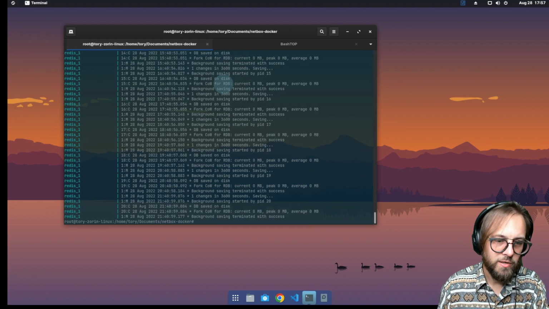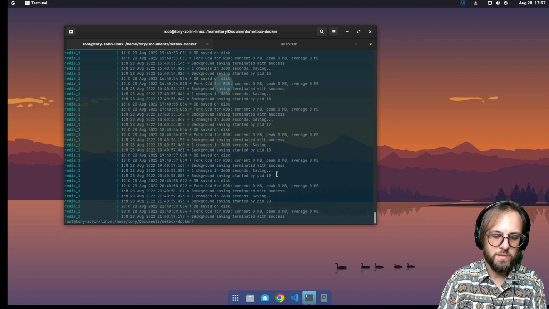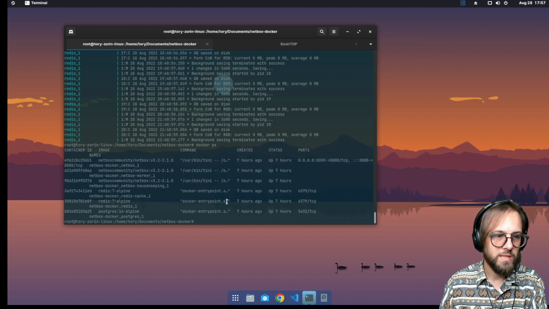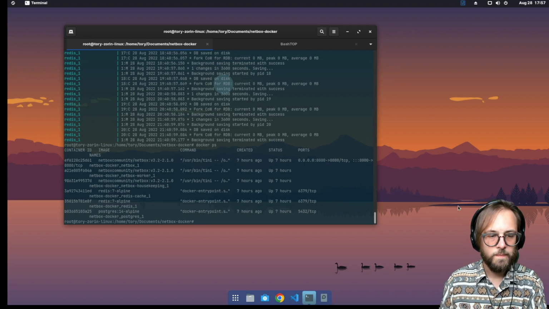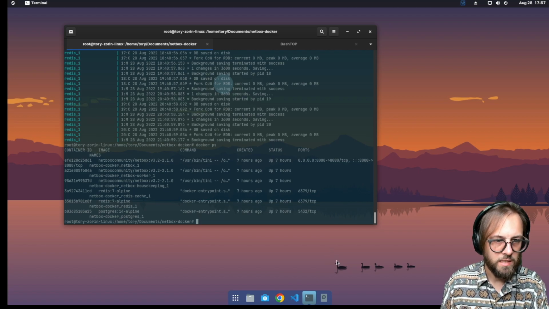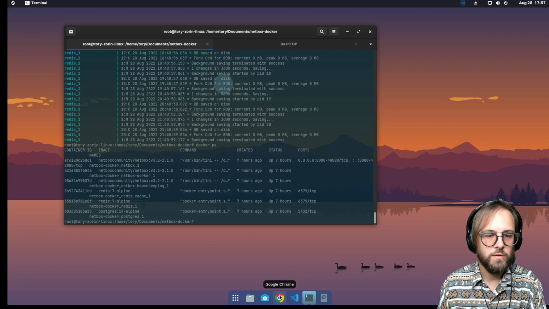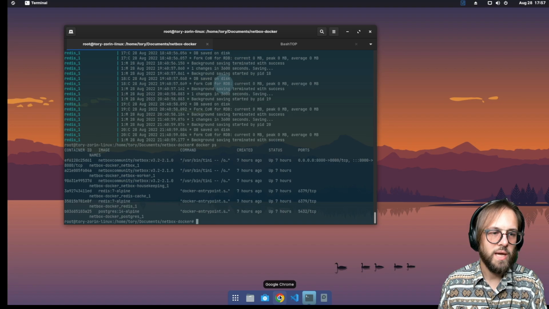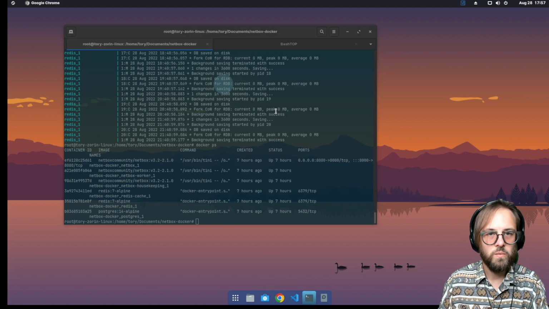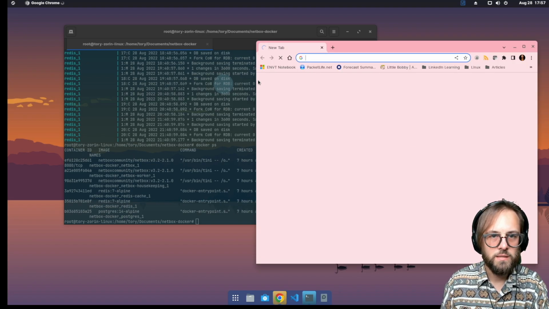We've also got Docker here running. I went ahead and installed Docker, so we can do a Docker PS command, and we can see what's available, what is there, what's running, the status, etc. So essentially, I pulled down a netbox container and spun that up, so we can go ahead and